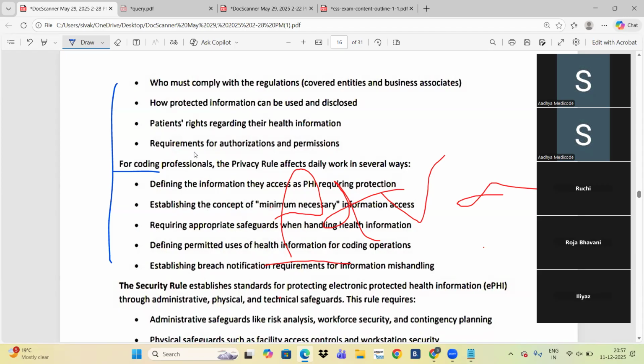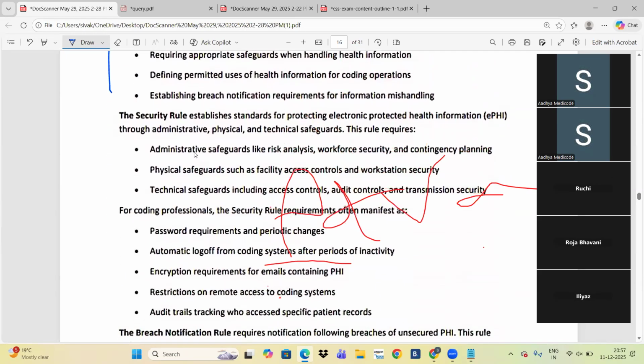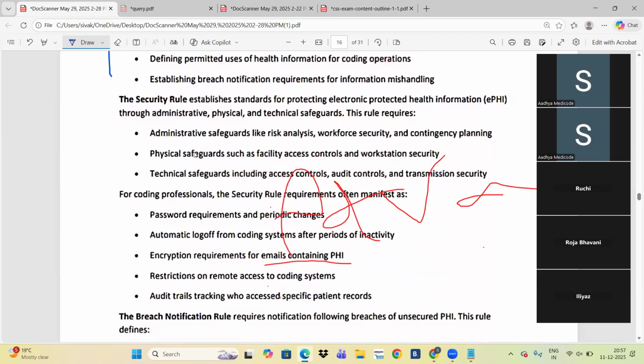Okay. Next, the security rule. You will also get a question on the security rule. The security rule establishes standards for protecting electronic health information, electronic PHI, like documents.